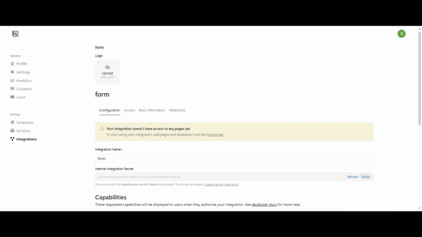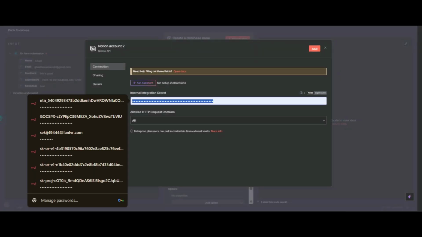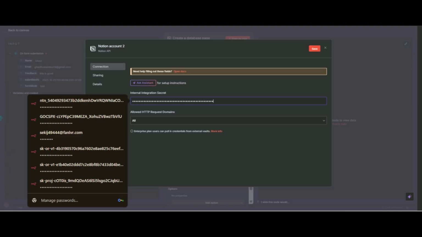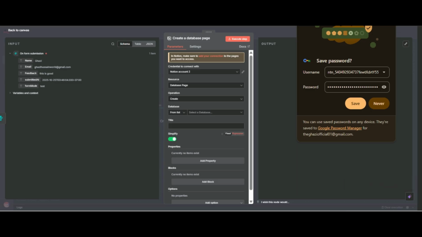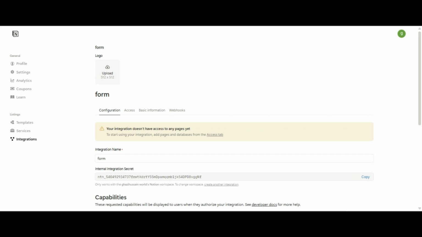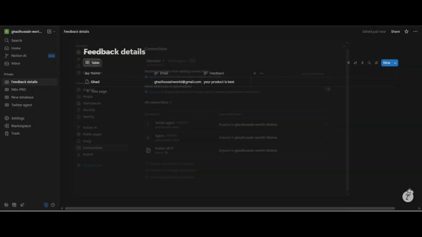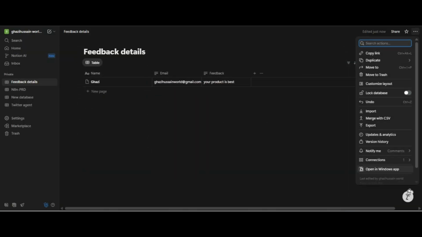Now we have our internal integration secret, so I will click on it and I will click on save. Now we have connected our Notion, but one thing is remaining. When you click on it, you will not see any page. So what we have to do is go again to your page and click on connection.